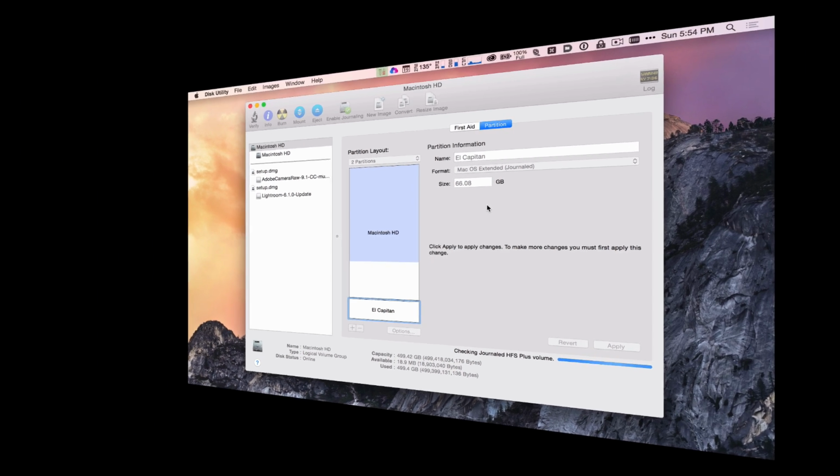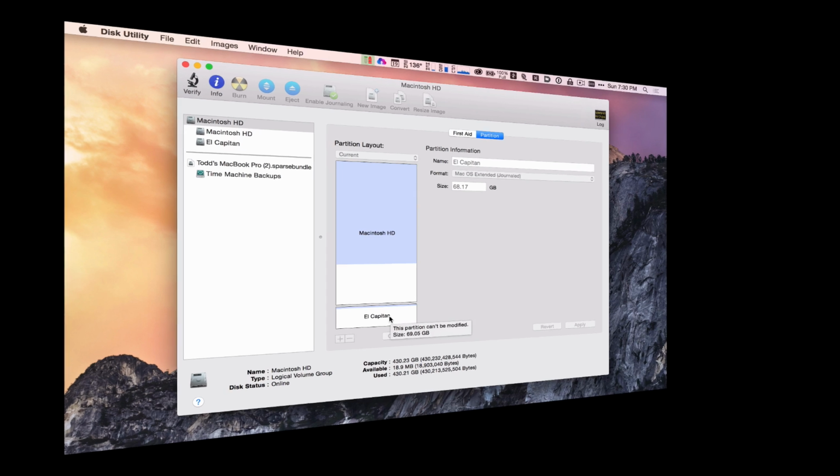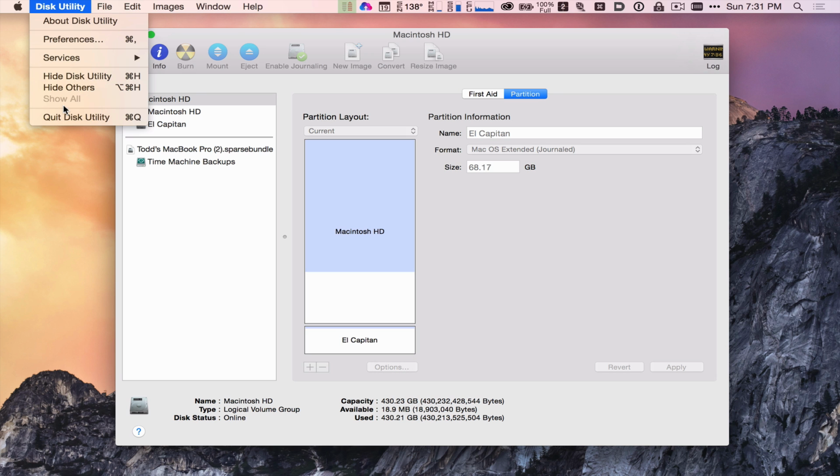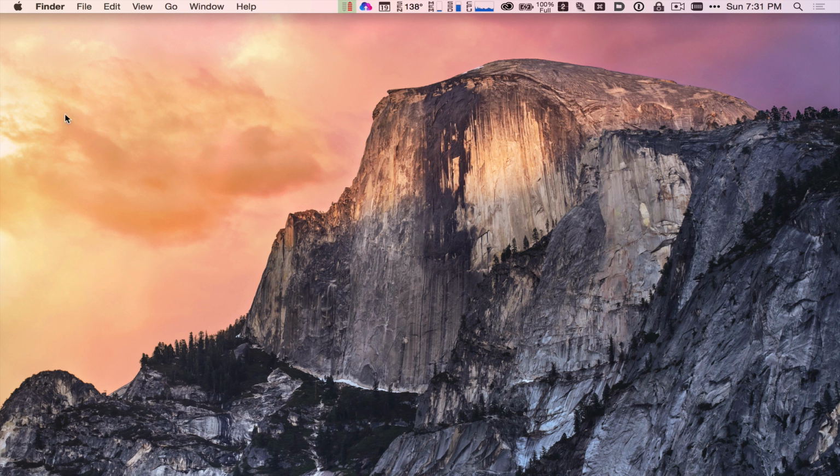Okay, so here I am with the partition all set up. Now, one of the things that happened was I had some disk errors that I had to repair. And so that's why some of the stuff on the side looks a little different and all that. I had to repair those disk errors first before I could make that partition, but that was just my system. So anyways, as you can see here now, we've got the two partitions that we need, so we're in good shape. So what I'm going to do is just quit Disk Utility here